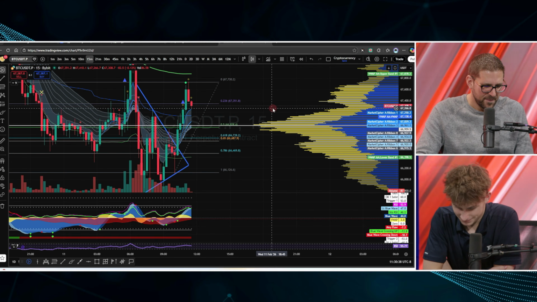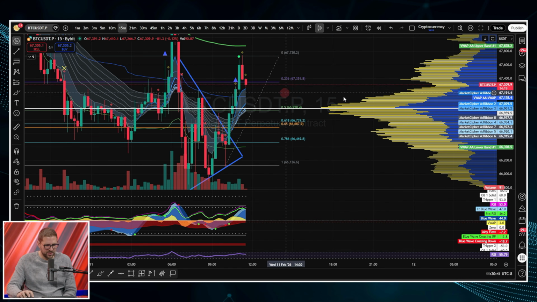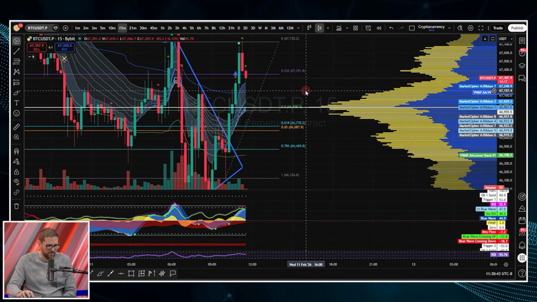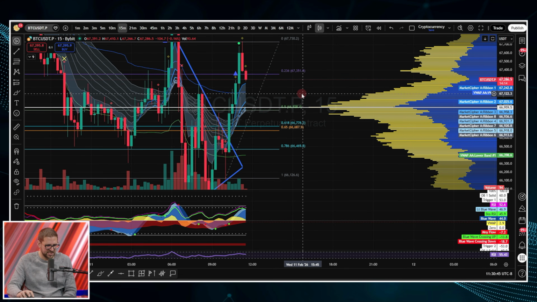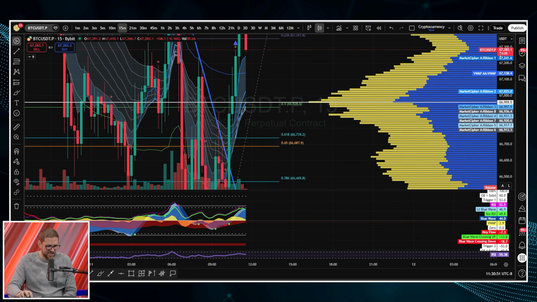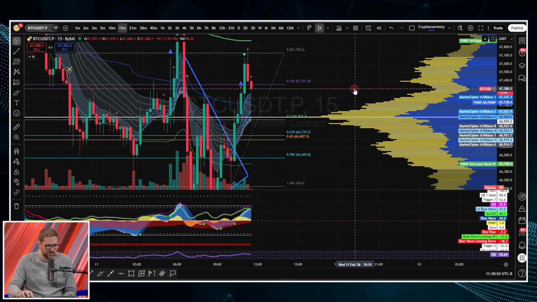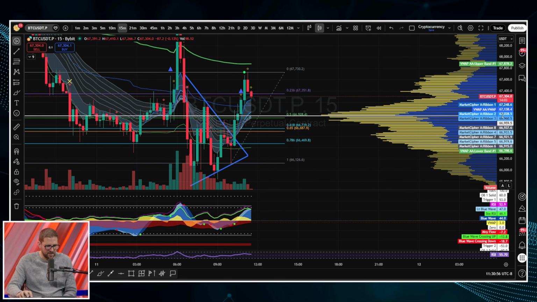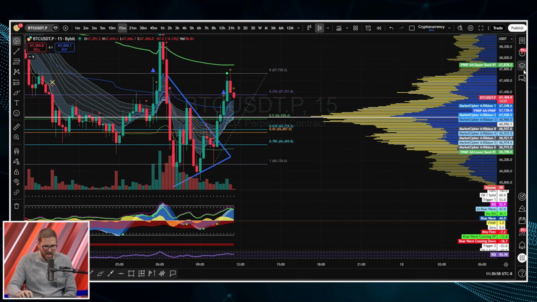And so as you can see, we're following up with another red 15-minute candle here on Bitcoin. Couple levels to keep our eye out for. The first one is your VWAP, 67131. Second one, some confluence here with volume on the 15-minute and your 50% fib level, a smidge below $67,000. This would play out like a flag.